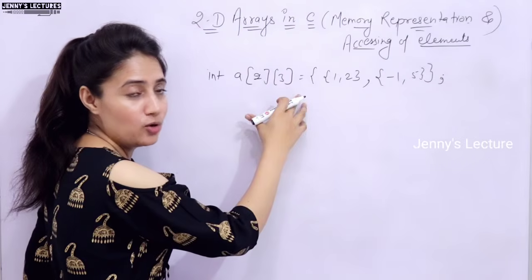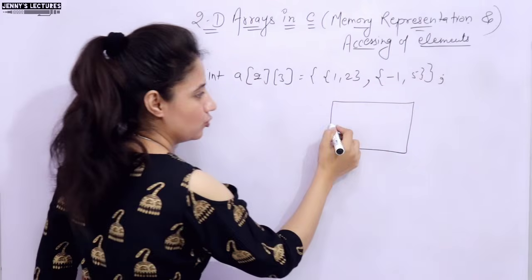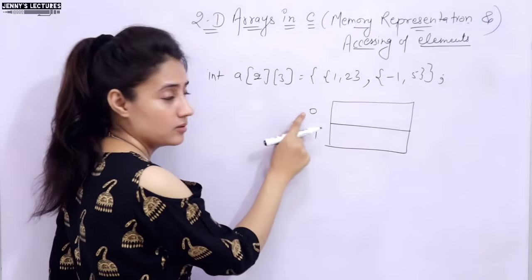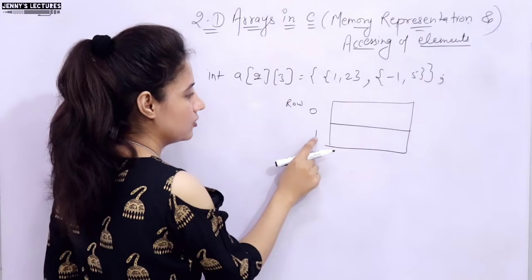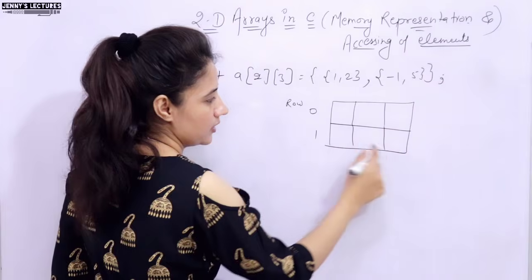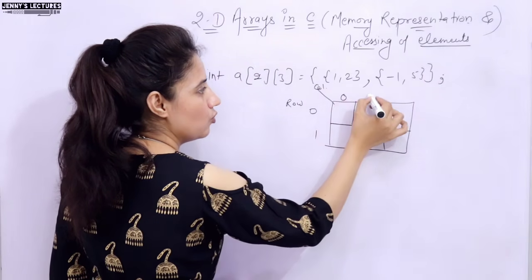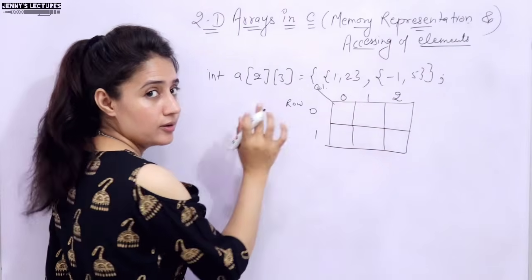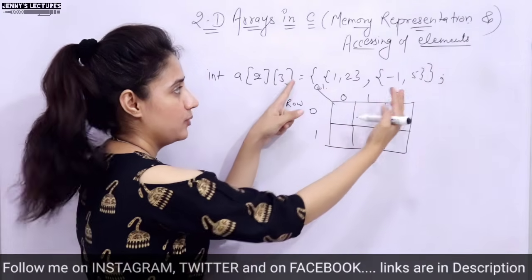So here it means what? How do we see that data is to be allocated here? Something like this. See, 2 is the row size, so 2 rows would be there, 0 and 1. 2 rows means index would be from 0. So this is row index 0, and for the second row index is 1. And columns are 3 columns in every row, right. So this is column index 0, 1, 2, right. Now, how is data to be stored? Row by row, right.